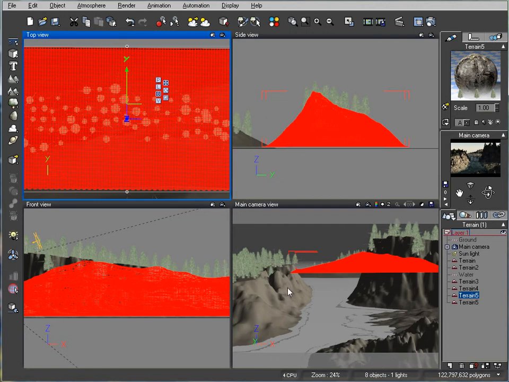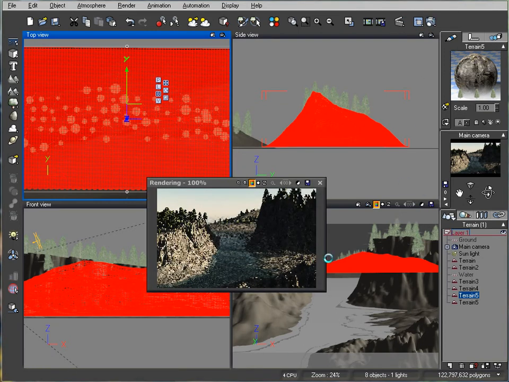So it kind of gives our perspective. The perspective we can do several ways: by changing the size of the object, a reference object. Next we can do it by the haze and by the blur. So before we do all these additional things, I'll work on the water, because it's kind of open and we can see it nicely. So let's preview. We have a nice water, but we need to work a little bit more on the